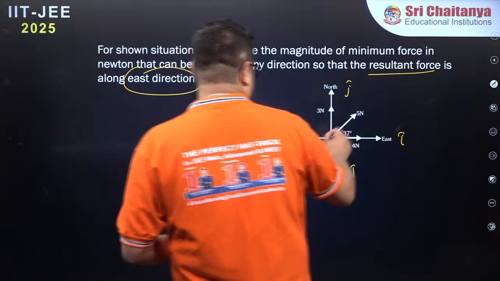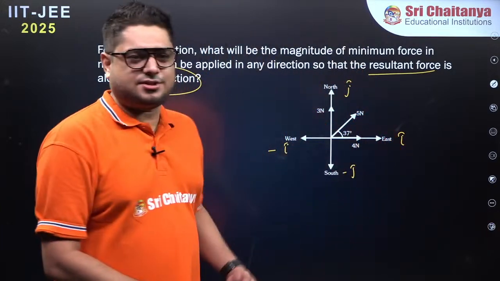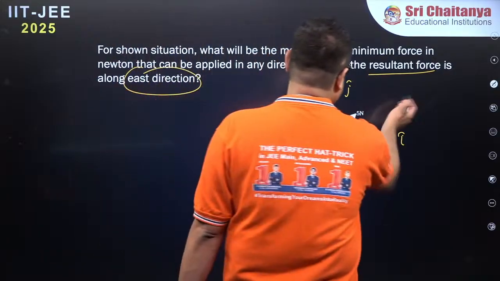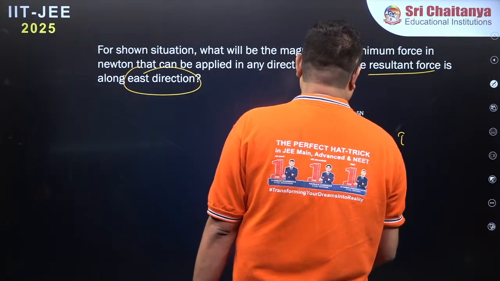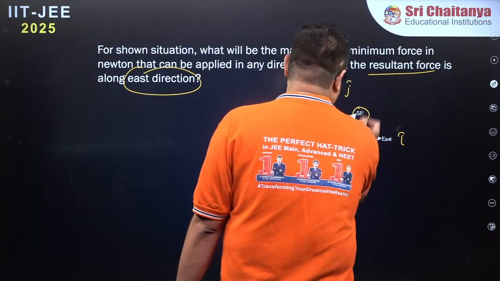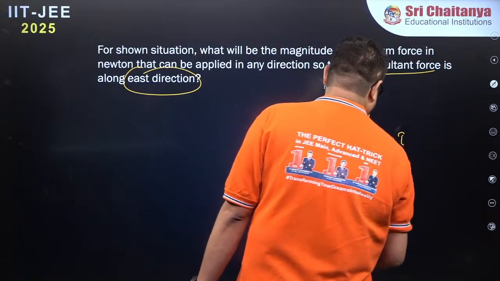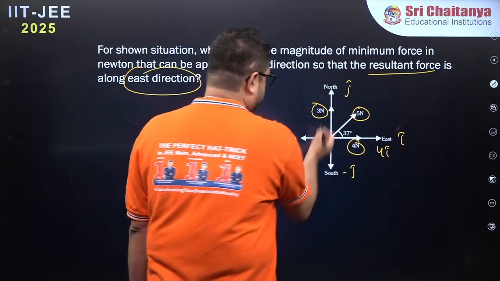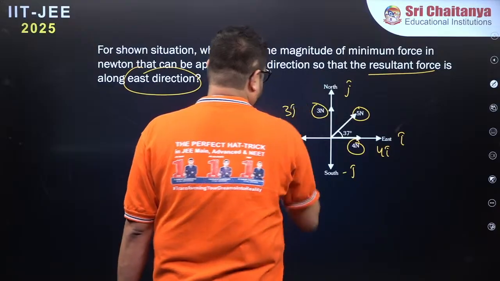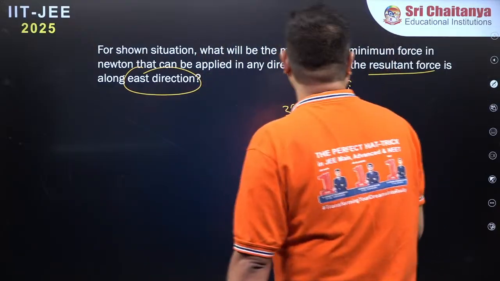Over here, what is given are the directions: north, east, west, south. What we have to do is make the resultant along the i cap. How many forces do we have? We have 3 forces: 4, 5 and 3. You can see that 4 is already along the x-axis, so I can write it as 4 i cap. And 3 is already along the y-axis, which is 3j cap. The only thing we have to do is find the minimum